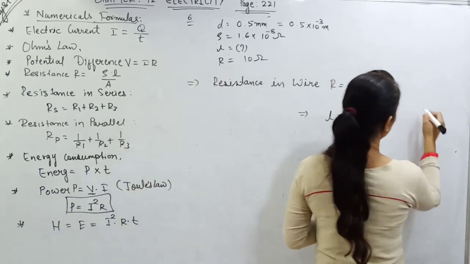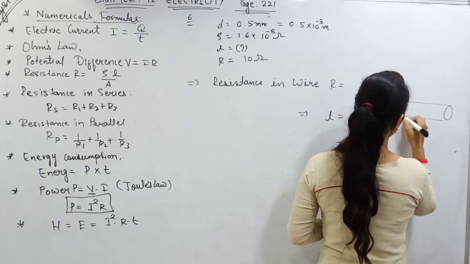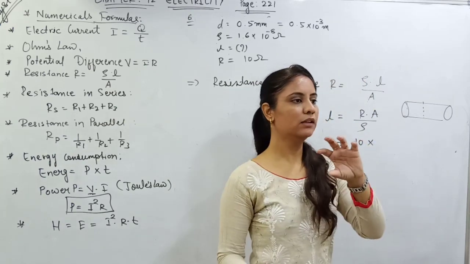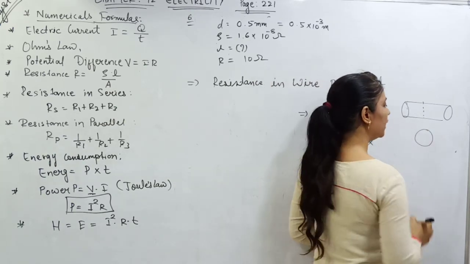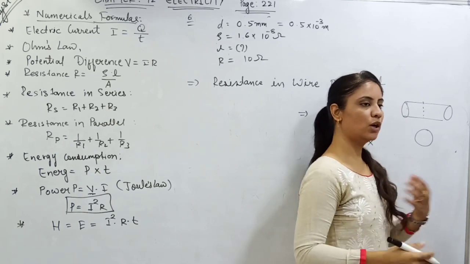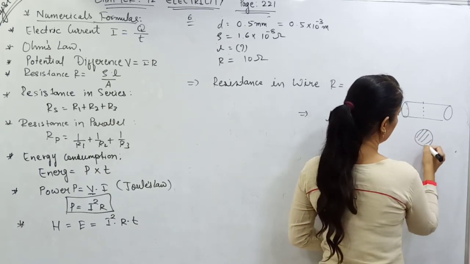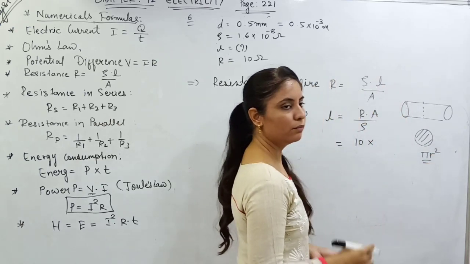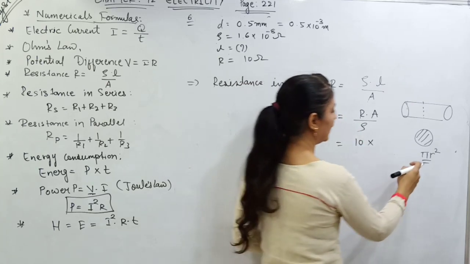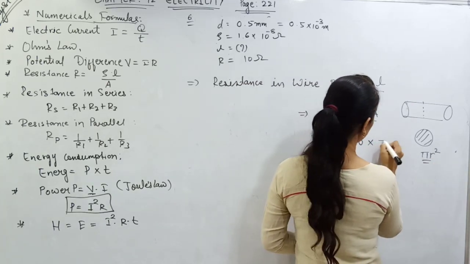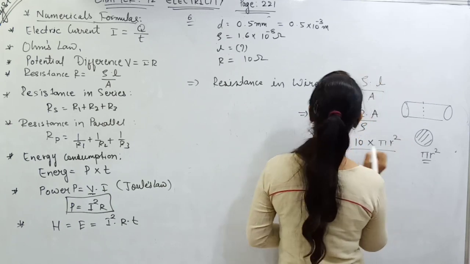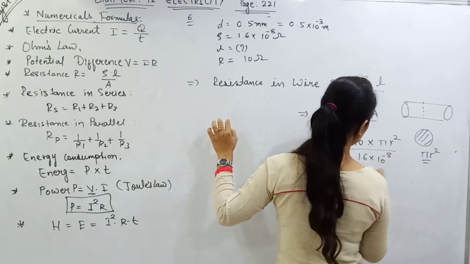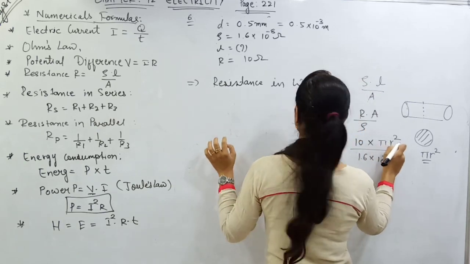So everyone, suppose this is a wire given to you and I am going to cut it from the center, so I will be having the circular portion. So this is my cross section part. And what is the area of the circle? If I want to find out the area of this, it will be pi r square. The area of the circle will be pi r square. So L will be pi r square divided by the value of resistivity, that is 1.6 into 10 raised to minus 8.